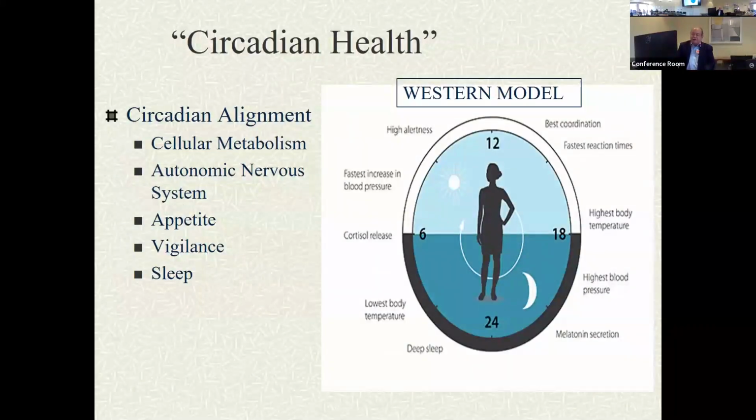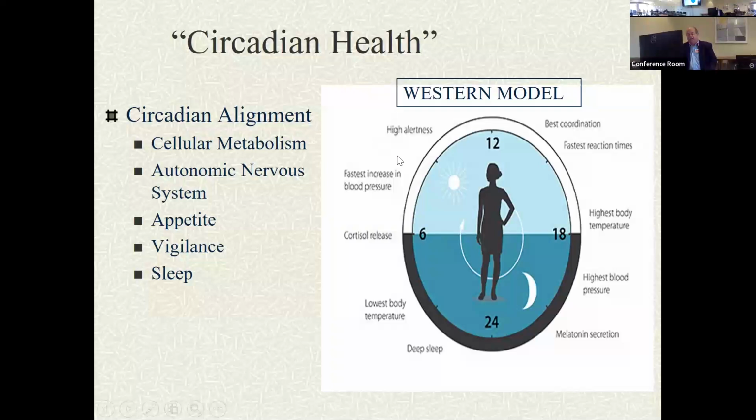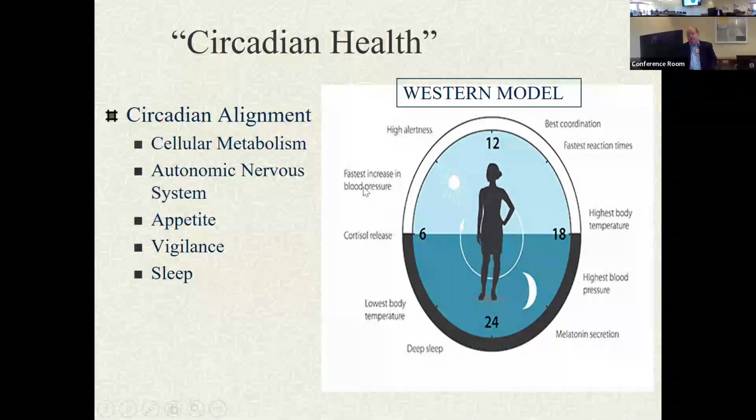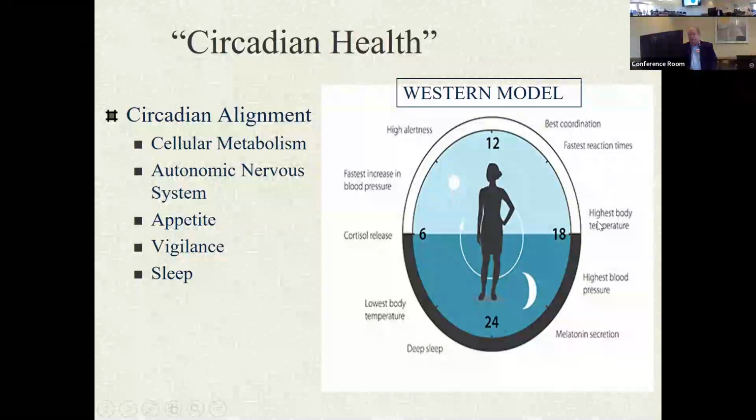So this is the Western model, like this. And you have circadian alignment, cellular metabolism, autonomic nervous system, appetite, vigilance. And this is if you take a regular 11 to 7 sleeper. Highest alertness seems to be in the morning. Fastest increase in blood pressure, cortisol release, lowest body temperature, deep sleep, melatonin, highest blood pressure,